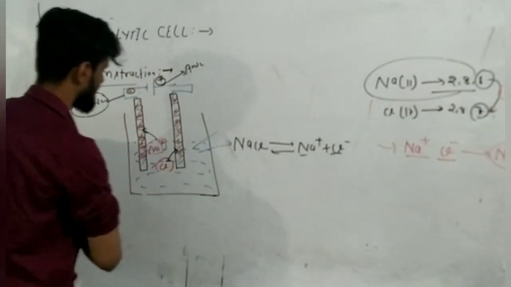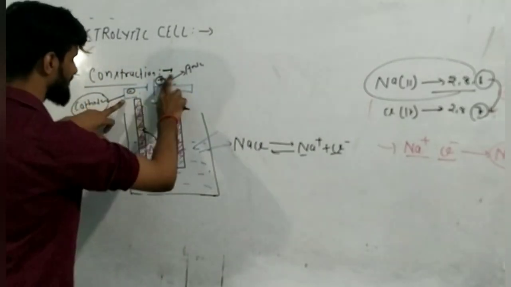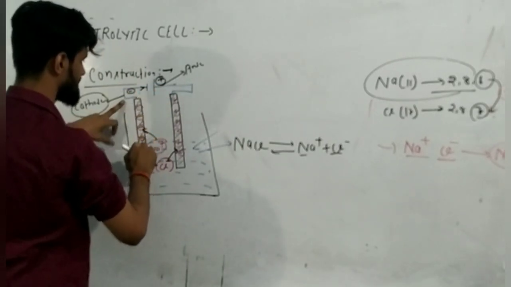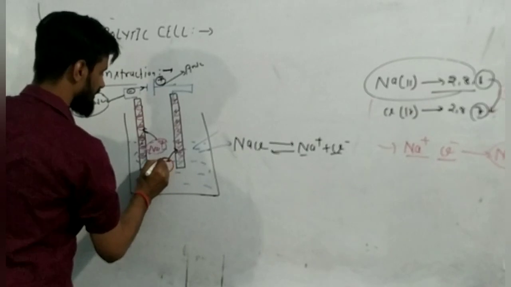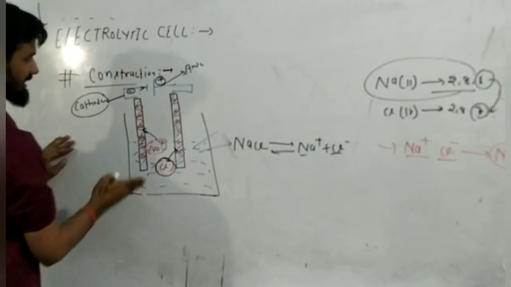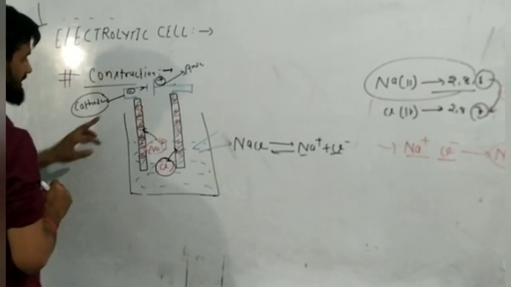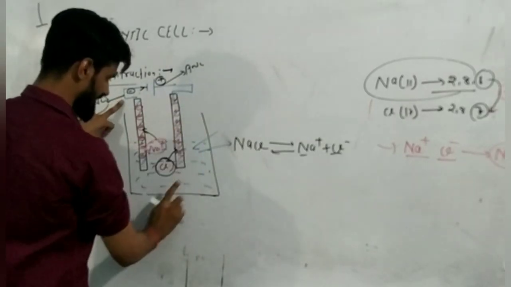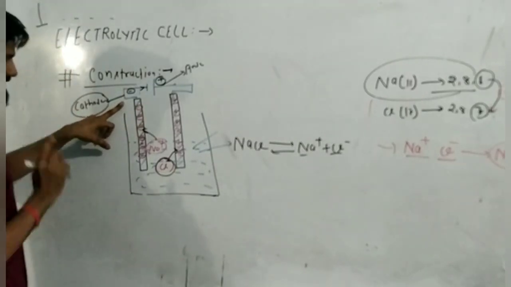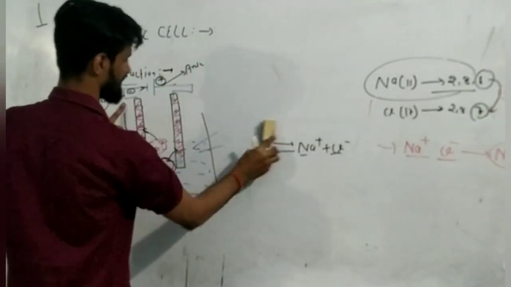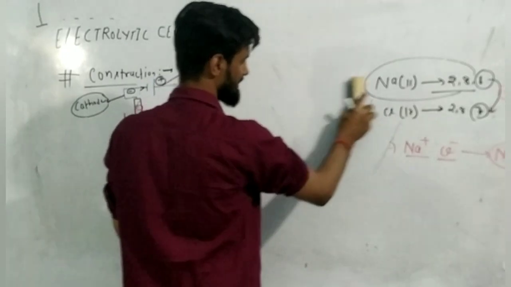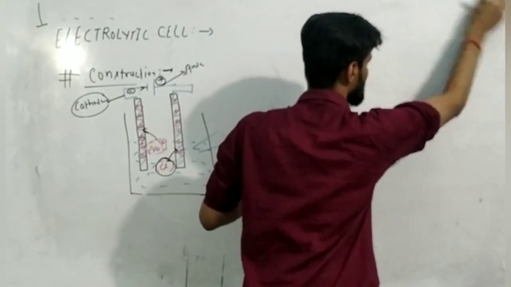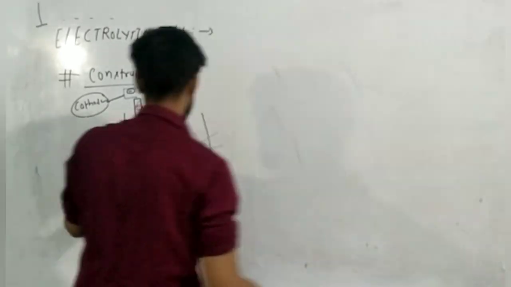So now understand one thing, what is happening here. If you are going to connect this circuit with the help of a battery, what will happen? The movement of this Na plus ion and Cl minus ion will start, and Na plus ion will run towards the cathode, the negative terminal, and Cl minus ion will run towards the positive terminal. Due to this movement of ions, the electricity will get conducted inside the solution. Electrolytes are the substances which conduct electricity in the molten state when electric current is passed through them. So it is functioning very well.